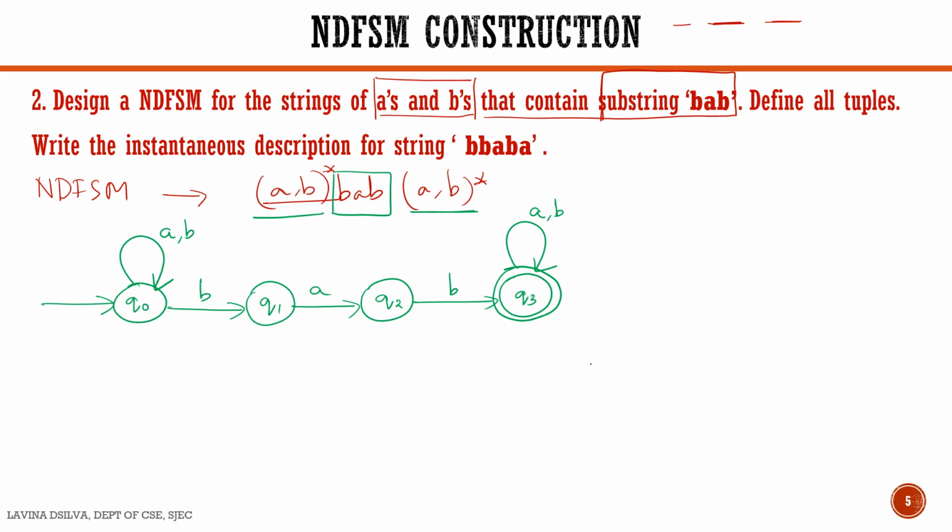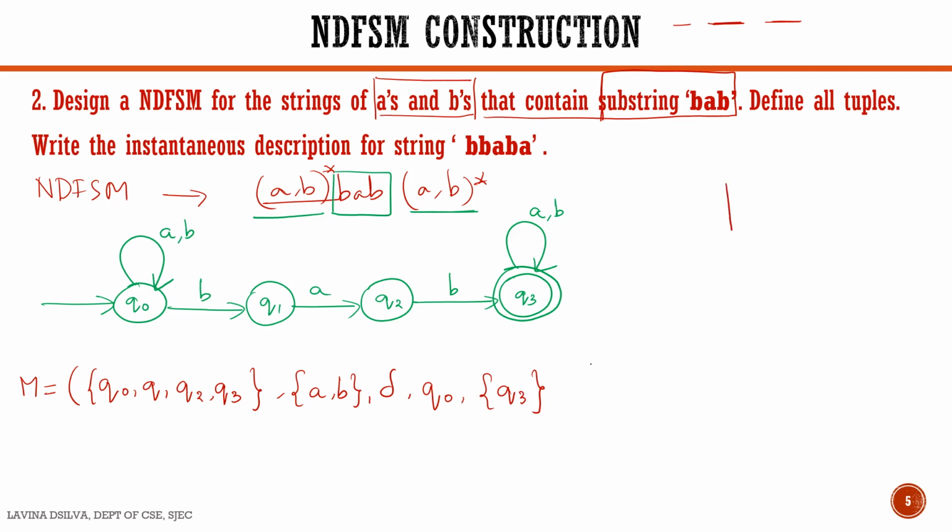Okay. Let us write the quintuple representation, which is given as M is equal to, we have 4 states, Q0, Q1, Q2 and Q3. Sigma is equal to A comma B. We'll list out all the transitions later. Q0 is our start state and Q3 is the final state. So transitions are given as